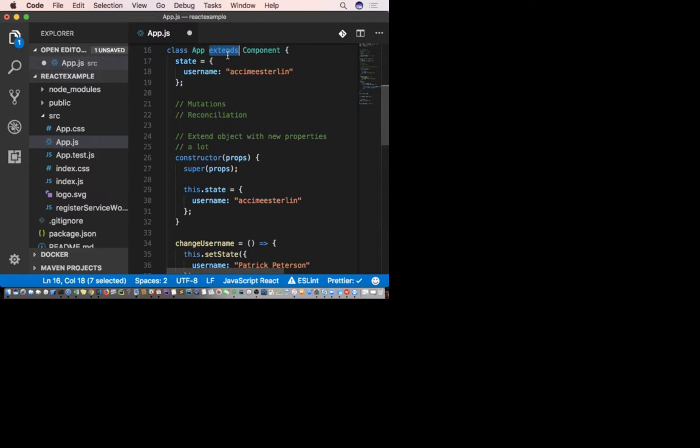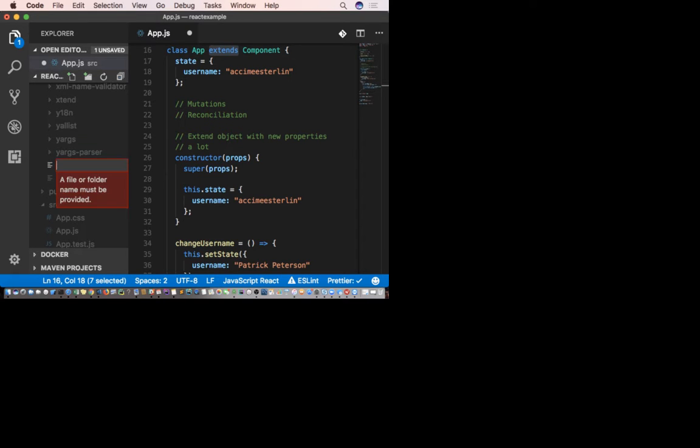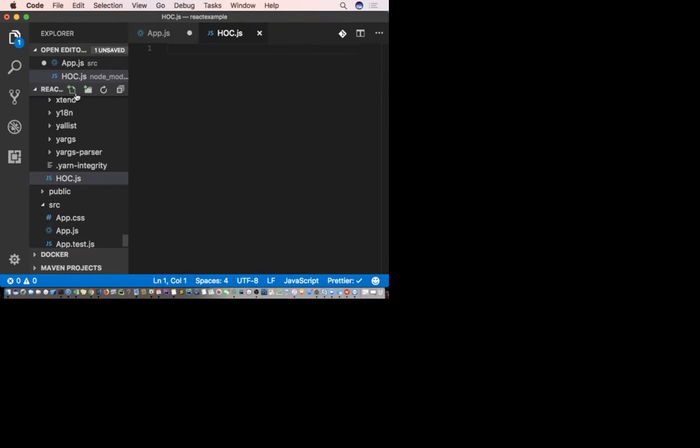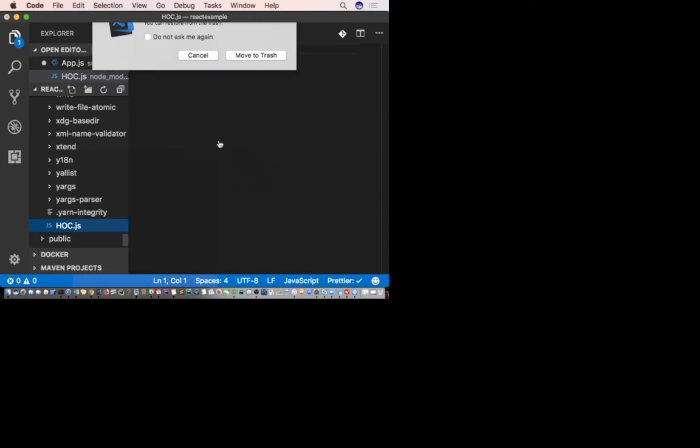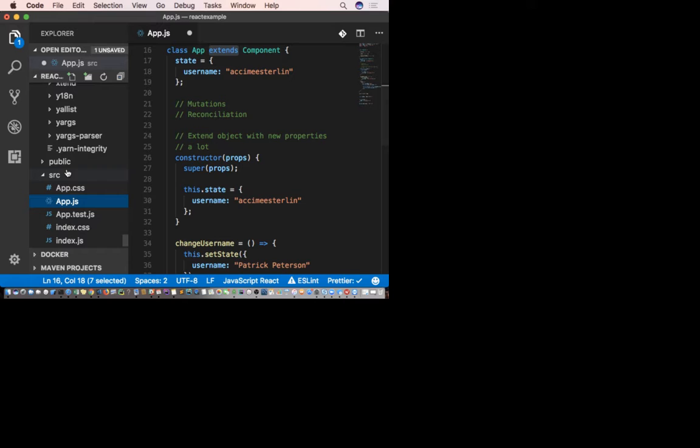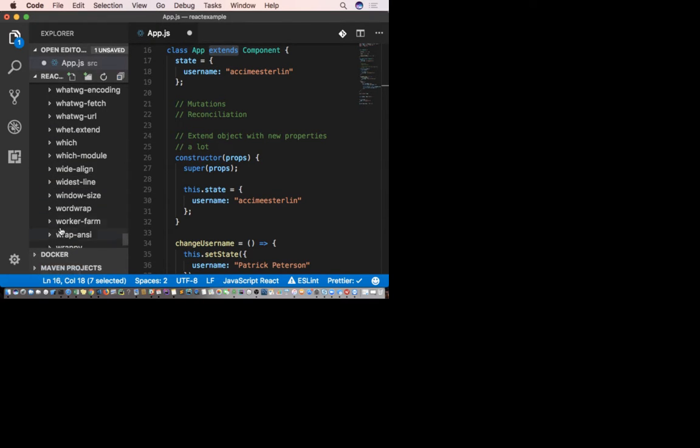All right, so let's talk about components. What is a component? How do we create a component? I think we answered this question. Remember, I said we're going to go a little bit deeper into this. Let's create a couple of files over here.